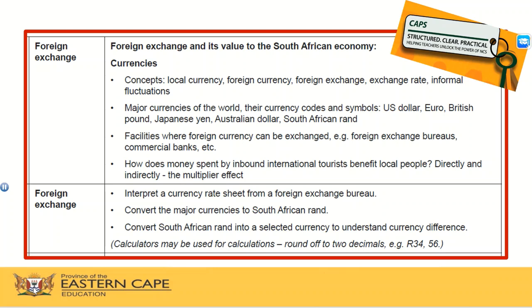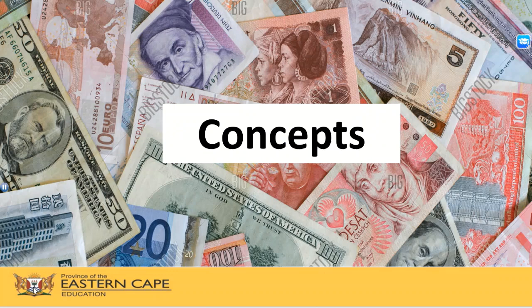We'll spend some time looking at facilities where foreign currency can be exchanged. And thereafter, we'll look at how money that is spent by inbound international tourists is of benefit to the local people. In our next lesson, we will be going down to the nitty-gritty of calculations. We'll learn how to interpret a currency rate sheet, and then we will be doing currency conversions. So if we start with our concepts